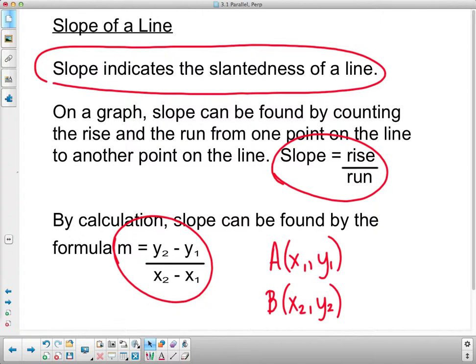It might help under each point to put the x1, y1, x2, y2, so you know what numbers you're using. You can't switch the order of the ones and the twos, otherwise your answer is going to be off by the positive and negatives. So go something like this is x1, this is y1, this is x2, this is y2. The formula says to get the slope that we call m,